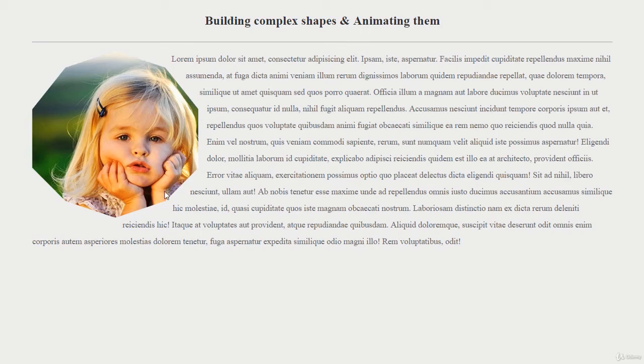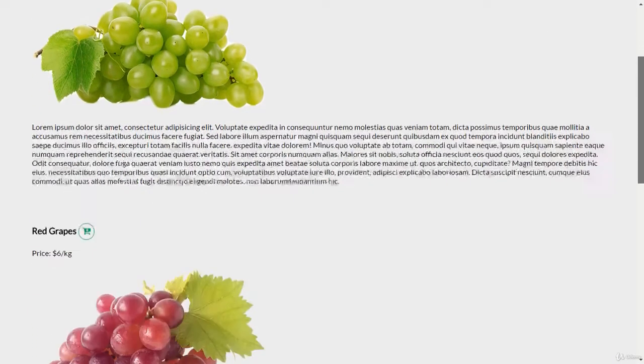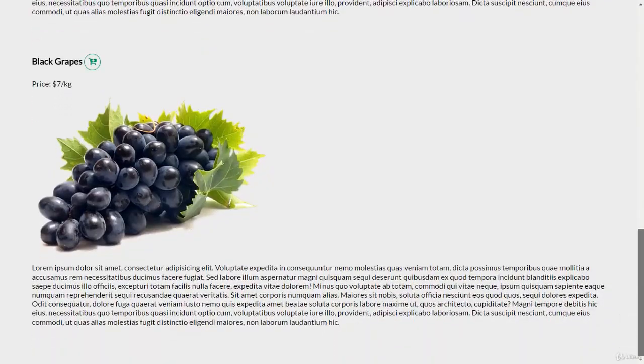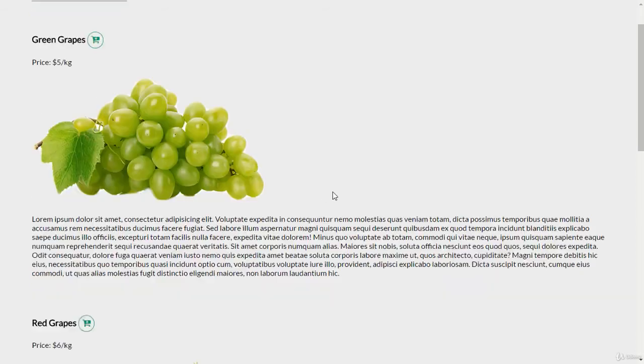So now allow me to show you what you are actually going to build in this course. So let me get back to here. You can see this is the Juicy Grape website, and I will show you how you can build this amazingly clean and stunning website, and then I'll show you how you can convert it to use native CSS shapes, so your content is going to flow around these shapes here.